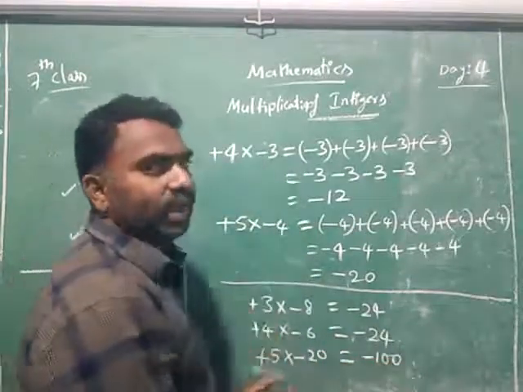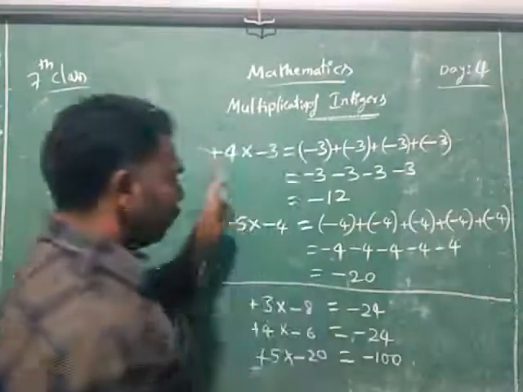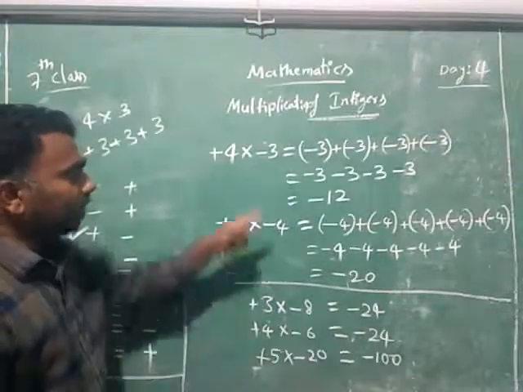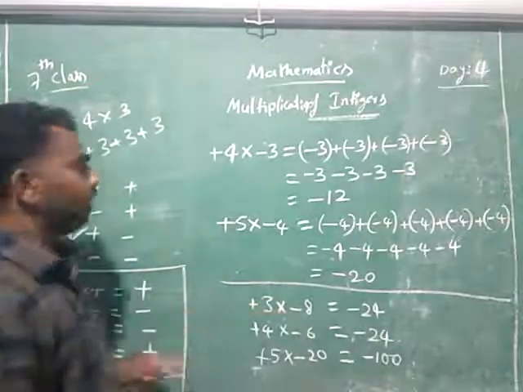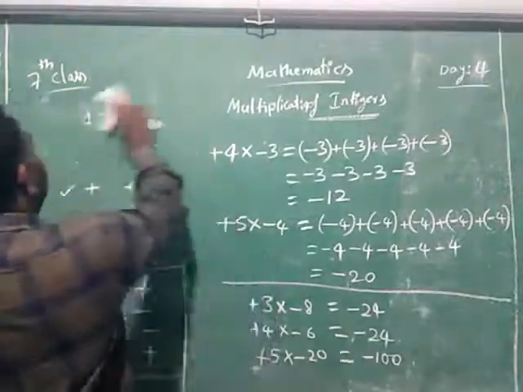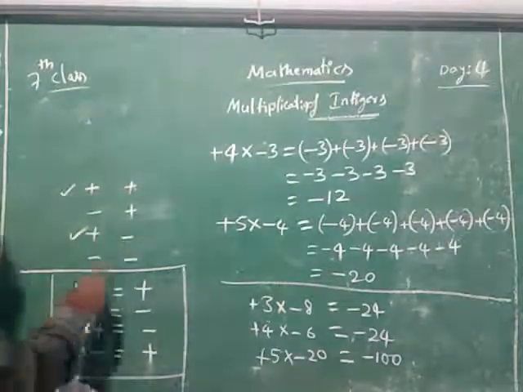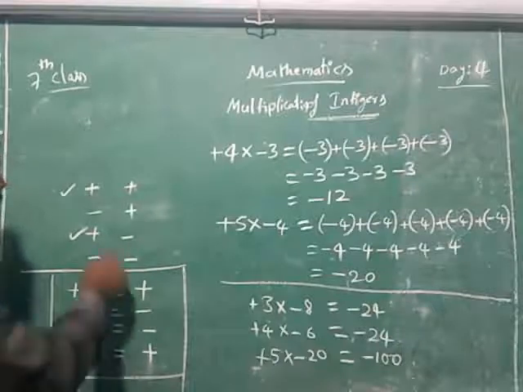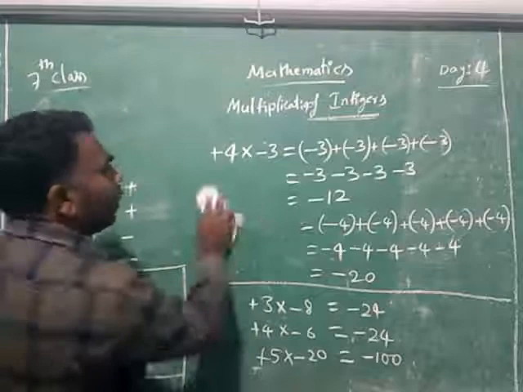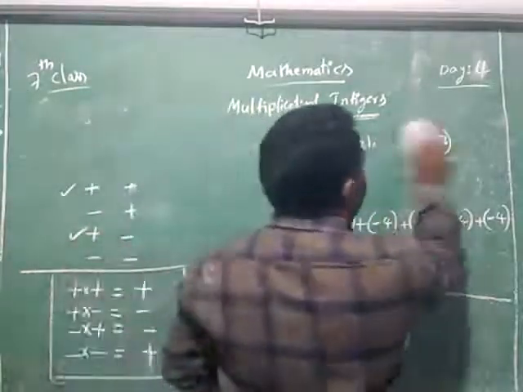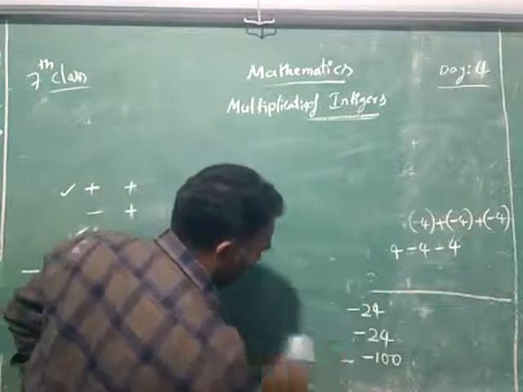This is a very easy way to do the multiplication of integers. So note down these examples, and instead of elaborating like that, we can simply give the answer in this way. The next thing, we will try to understand now what we have learned. Positive positive completed, positive negative completed. Now we will try to learn negative and positive. This is also very easy. I will say the way we can get the answer here.